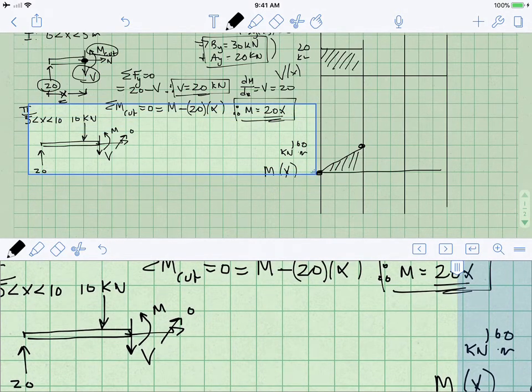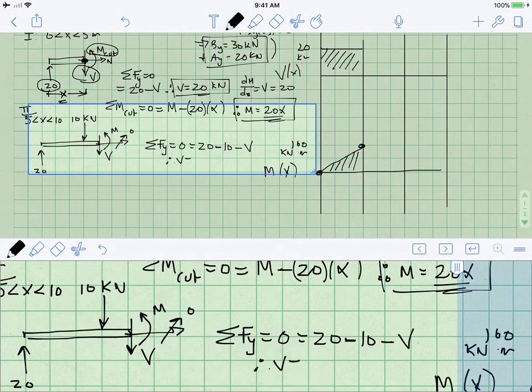As before, we apply the equations of equilibrium. We write that the sum of the forces in this segment of beam is in equilibrium. So how can it be in equilibrium? Well, the sum of the forces in the y direction must be 0. So 0 equals, we have the reaction at A, which is 20. We have minus 10, which is a load. And now we write minus shear. This is our unknown value that we're solving for. And therefore, we solve and we find that shear is equal to 10 kilonewtons